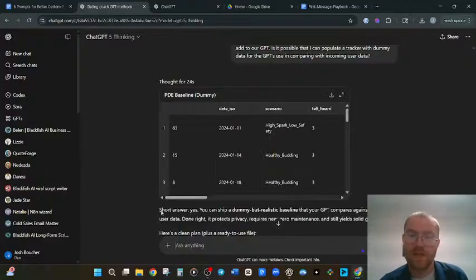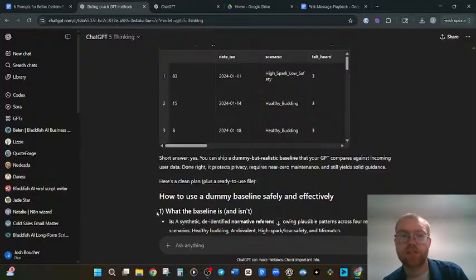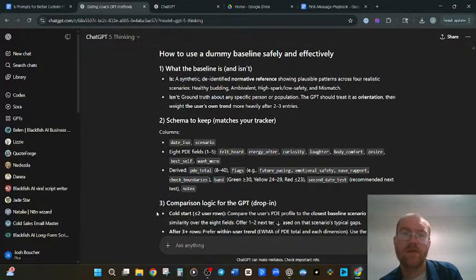Short answer, yes, you can ship a dummy but realistic baseline that your GPT compares against incoming user data. Done right, it protects privacy, requires near zero maintenance, and yet still yields solid guidance. There's a clean plan plus a ready-to-use file.